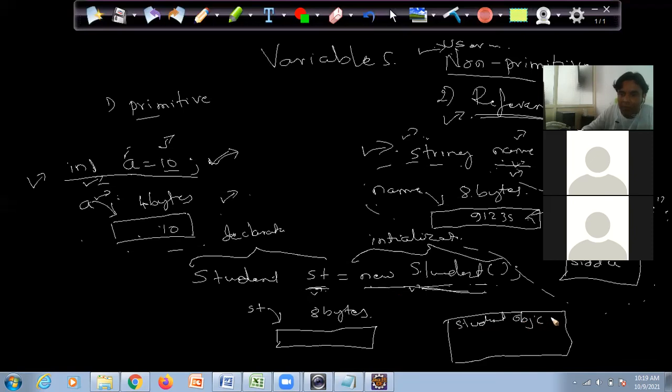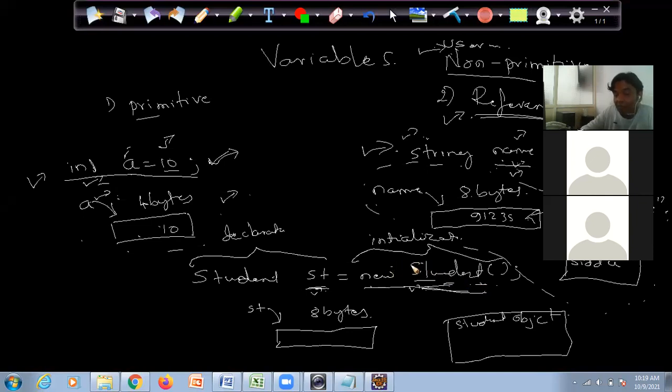When we explore the OOPS concepts, we will see what happens when the constructor is called, which properties are initialized, where the value is allocated, and how the memory address is allocated.